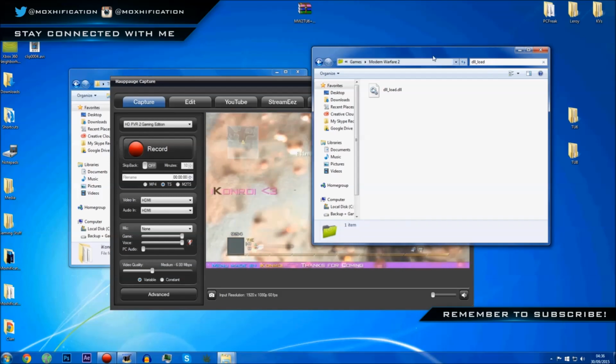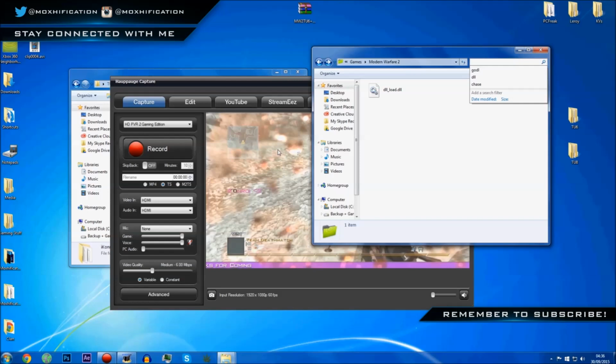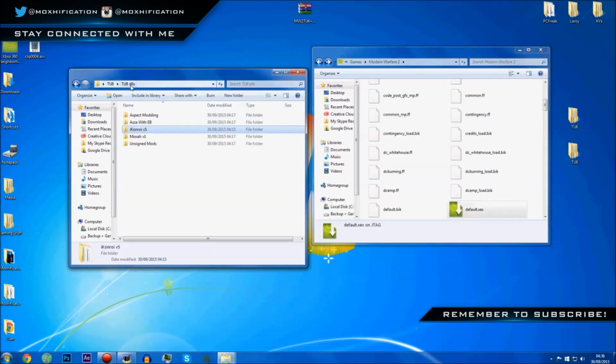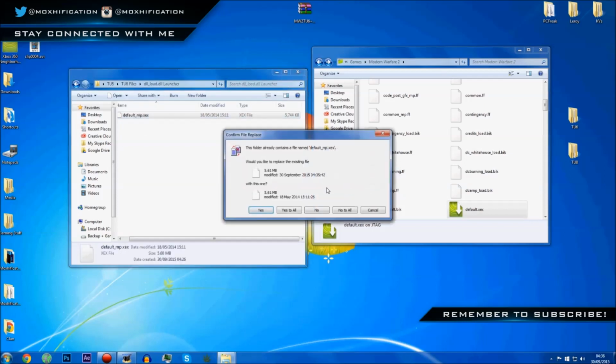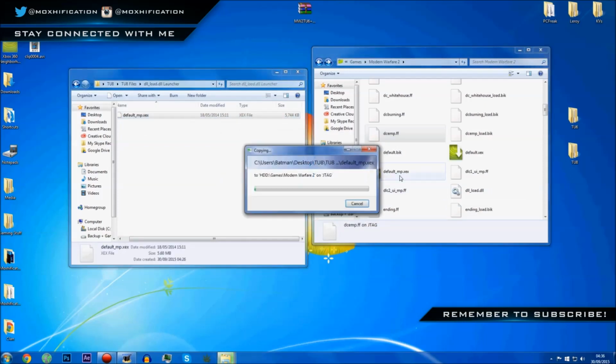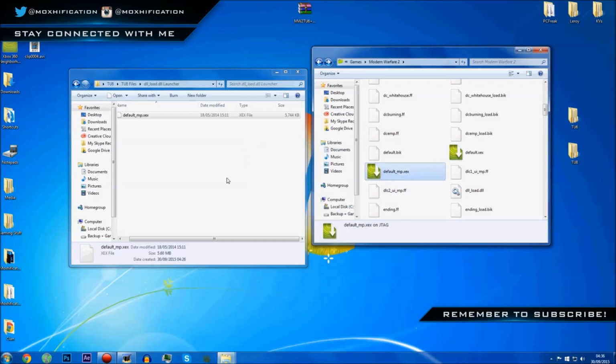It doesn't launch the DLL. Now if you were to put the DLL launcher, which is in the TU8 files, in MW2 and then launch that,